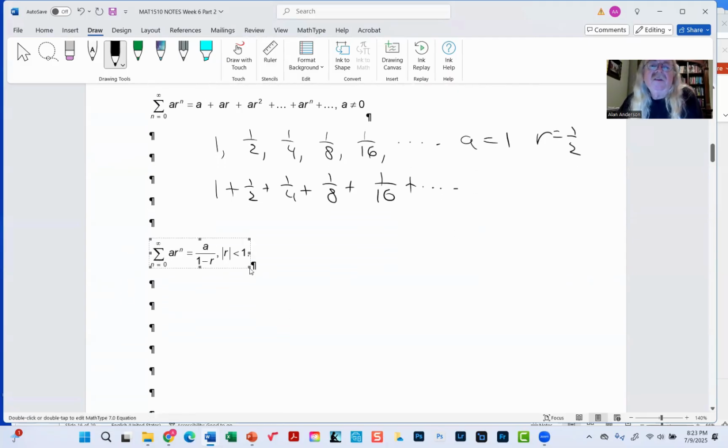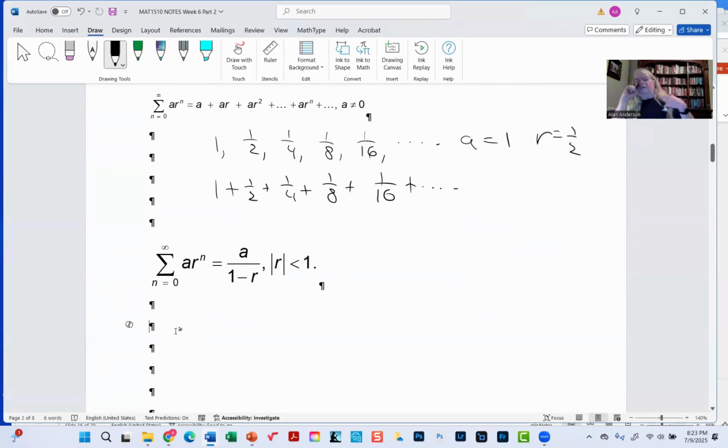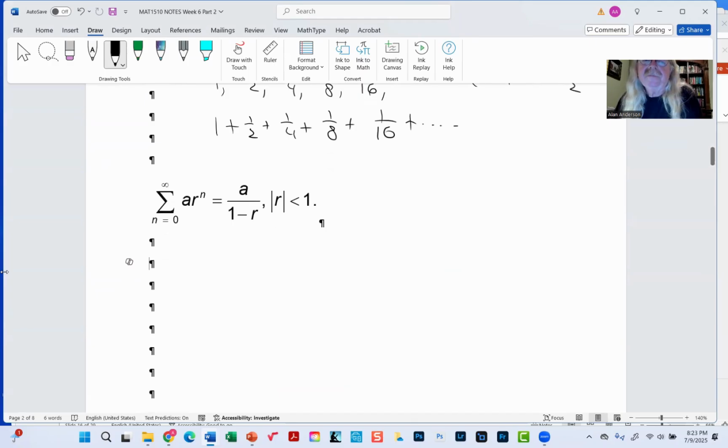This actually shows up quite often, with applications. It's very, very helpful. You see this sometimes in finance, where we're trying to figure out interest rates and things like that. Or in other words, you can think of it as if we wanted to know how much money we would have in the bank after a very long period of time, we can use something like this. So anyway, as long as R is less than 1,